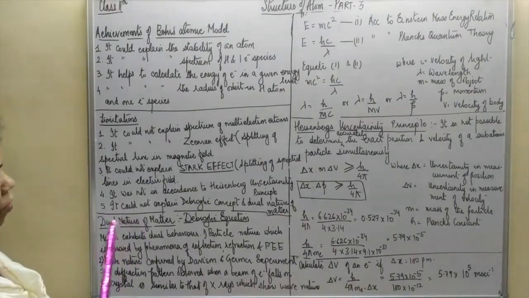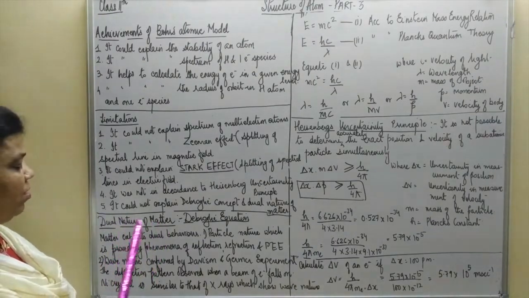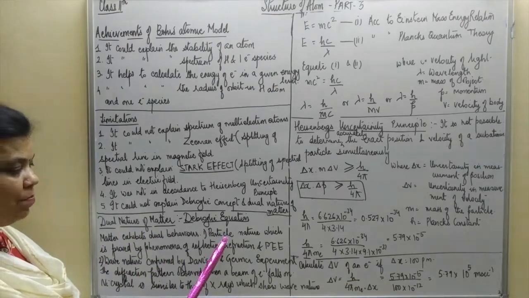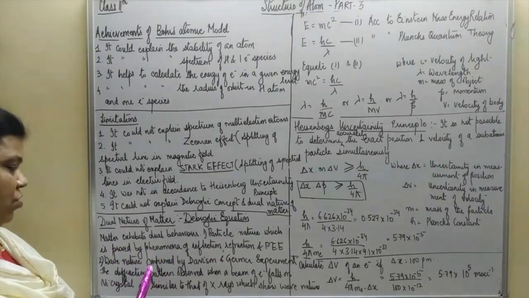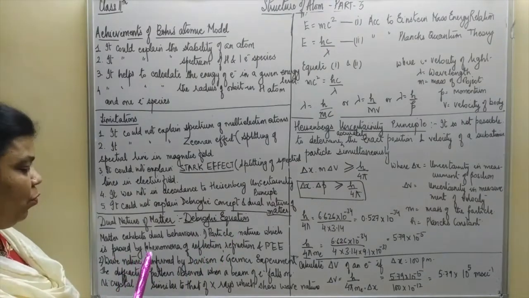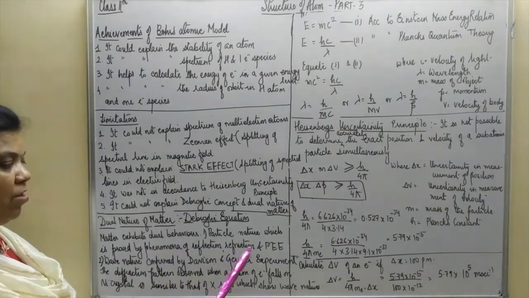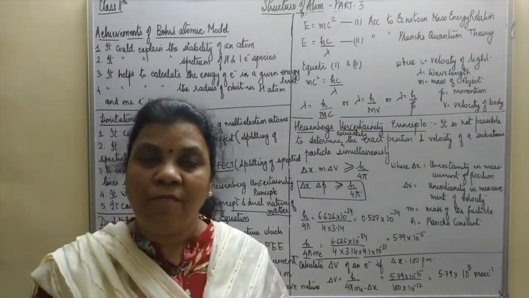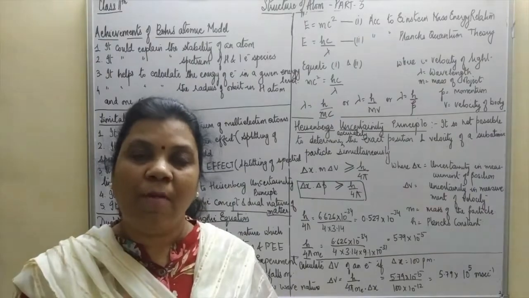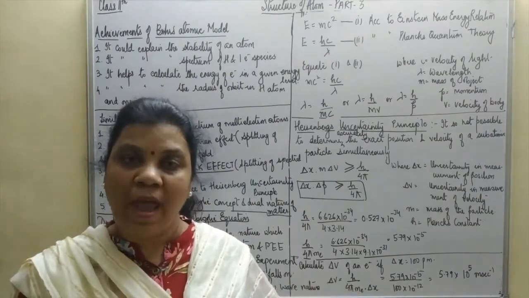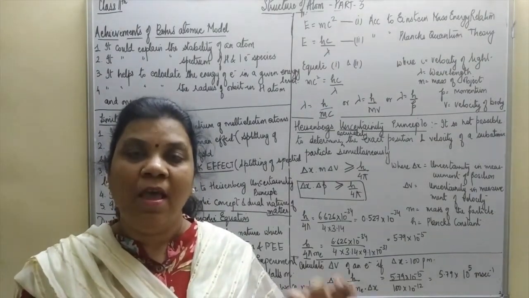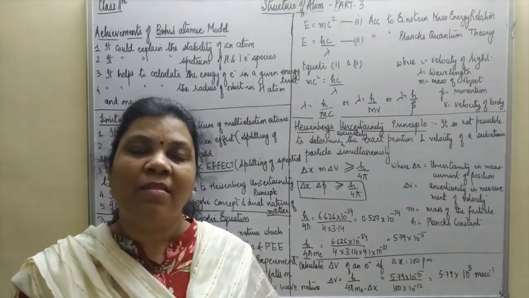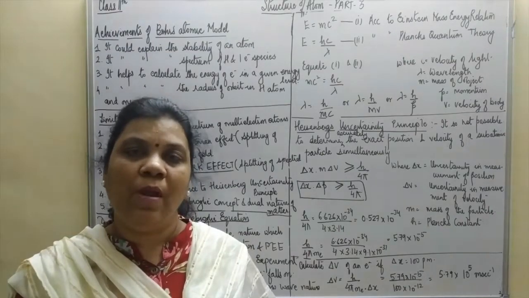Now when we talk of the dual nature of matter, dual means double. So matter exhibits both characteristics, particle as well as wave nature. Particle nature is proved by the phenomena of reflection, refraction and the photoelectric effect. How the photoelectric effect? Whatever photoelectrons are ejected from the metal surface, when they strike the zinc sulfide screen, they produce a scintillation or a dot on the screen, and this is known as the photoelectric effect.